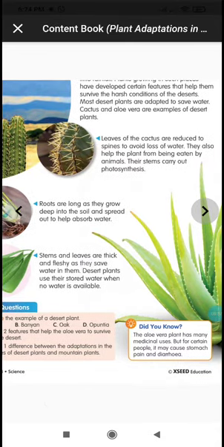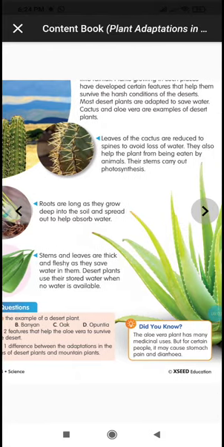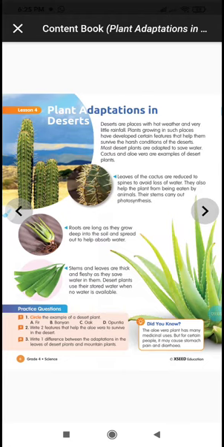And the next one, banyan is not a desert plant, that's a plain areas plant. So like that you remove one plant, go through the textbook and find out the correct answer. And write two features that help the aloe vera to survive in the desert areas. Just now we discussed the roots are deeply long rooted. Long roots are developed, they grow deep into the soil, and the stem is storing the water and appears so fleshy. So these are the two answers.